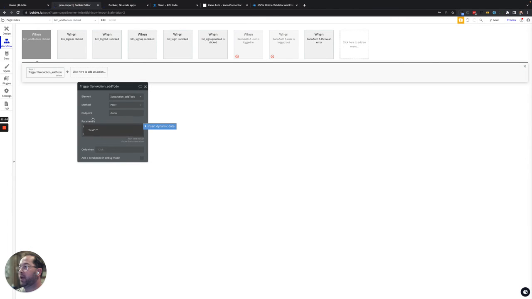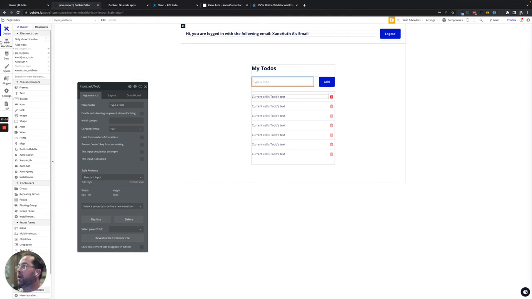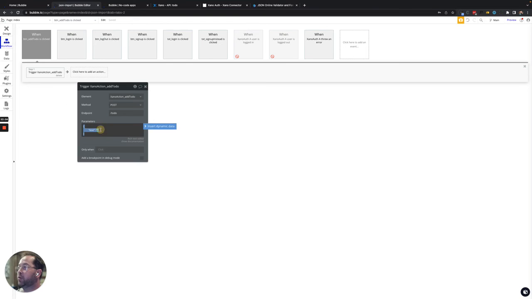We'll paste this right here into the parameters, and what should we name this input? So input add to do. So we're going to use that, and I'm actually going to just remove these two quotes there. We'll say input add to do's value, and then we'll use this format as JSON safe. So that will put double quotes on each side of the value, and it will also put